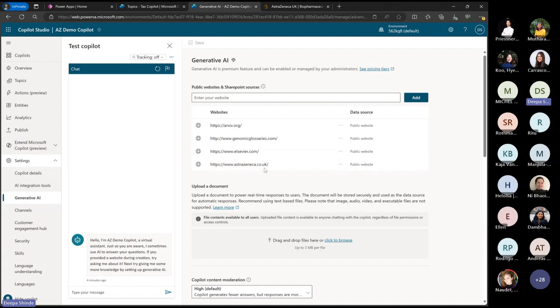So if you look at this, in generative AI I have given it 4 websites. All these 4 are public websites. Again, nothing stops you from pointing to SharePoint sites, which you might have access to. The steps to configure SharePoint are going to be in the documentation that you're going to get for Copilot Studio. Because it's a long process, I don't want to take all the time showing you some of the backend wiring. But I've given these 4 sites to it.